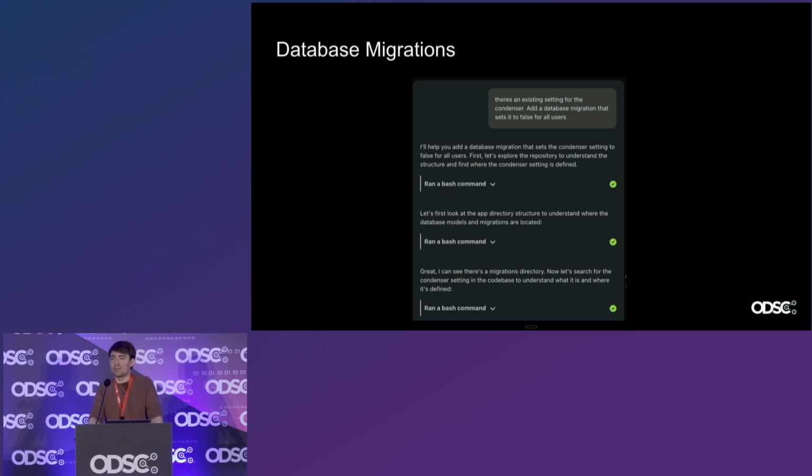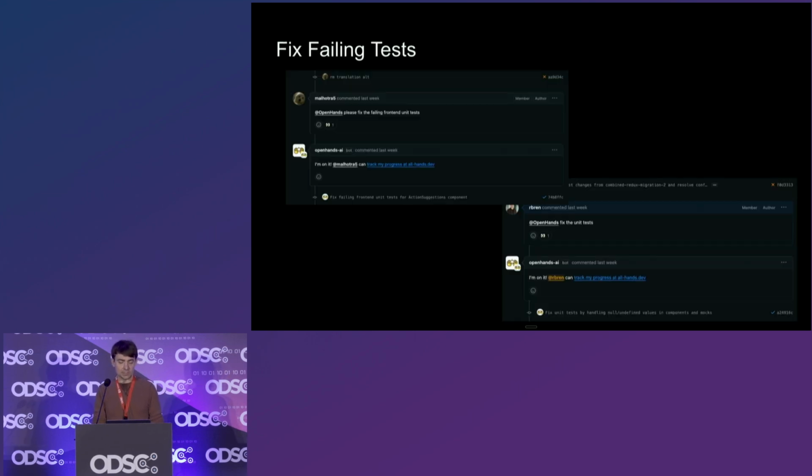Database migrations are one I really, really enjoy. I think because database migrations are generally kind of rote once you know what you want. And also because I tend to get lazy with database migrations and I don't always have all the right foreign keys and all the right indexes set up. The AI actually has a really good set of instincts for how to set up database tables using best practices. And so I've really enjoyed it for database migrations.